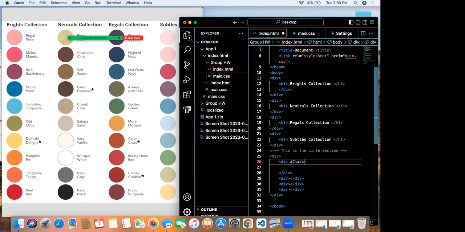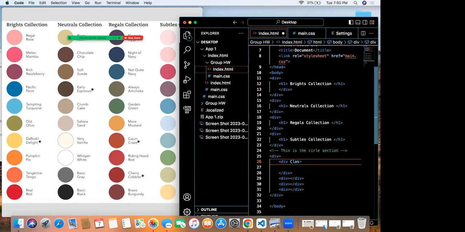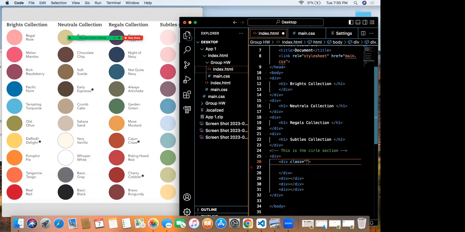No hashtag or pound, just class. You can click the first one, it'll automatically fill in. Yeah, click the first class. Now you can name it, the name that you guys just decided for that first class.